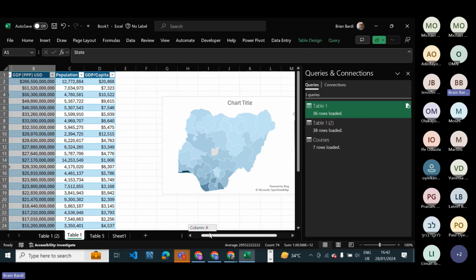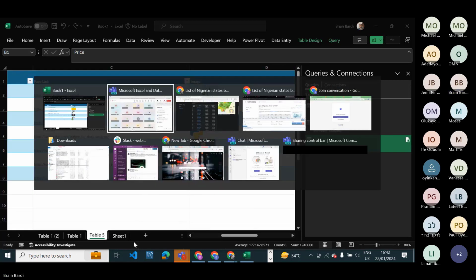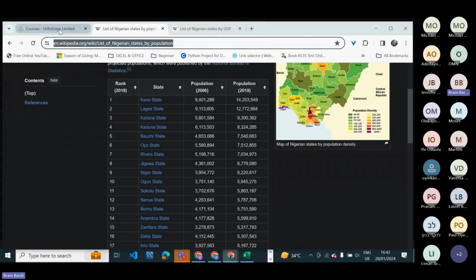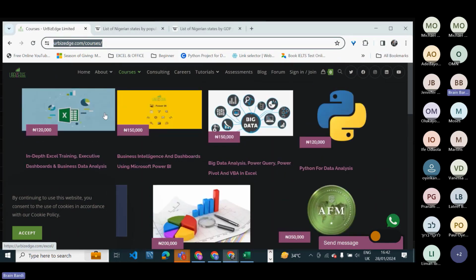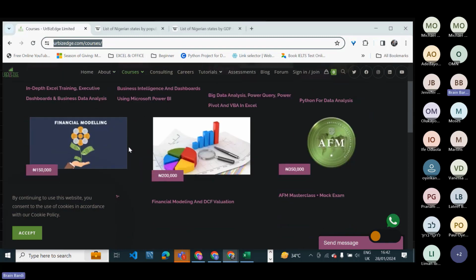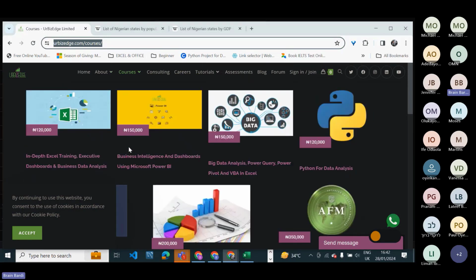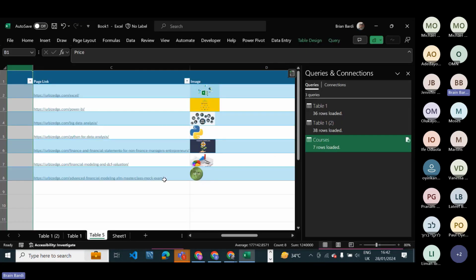On the second example, we went to my company's website, yourbizedge.com. On the courses part, we have 7 courses we're offering. So we had to scrape, that is, extract information of each of those courses: the names, the amounts, the links to the courses, and the pictures. Let's take, for example, these links.